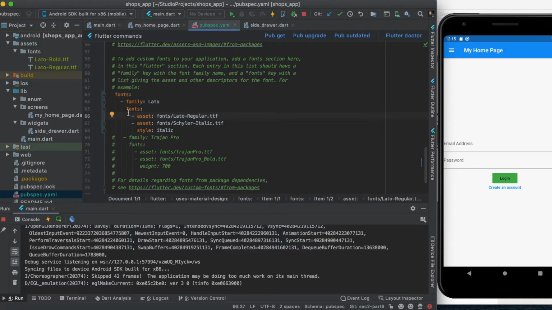Make sure the name matches with the file name, and then I'm gonna call it Lato dash bold, and the style,